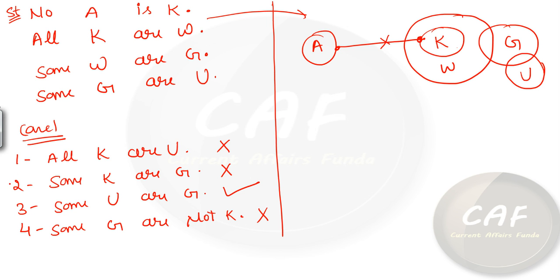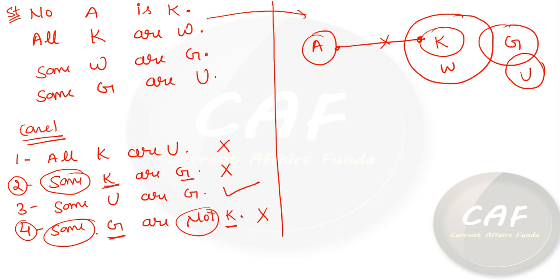Now let's check the second and fourth here. Some K are G and some G are not K, that means predicate and subject are the same. So friends, there is a possibility that it may be either or condition. So we need to check here. This starts with some and this starts with some not. Okay. So some and some not make the either or condition, and K and G and K, these are in cross relation. So only for the all and some not, the cross relation will not make either or condition, but for all the rest things the either or will work for cross as well.